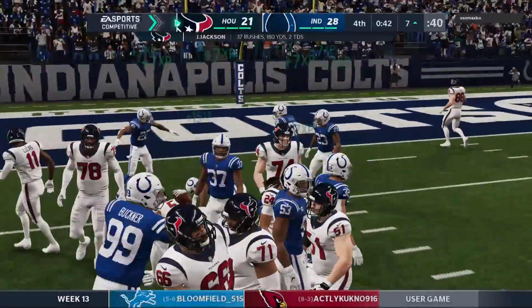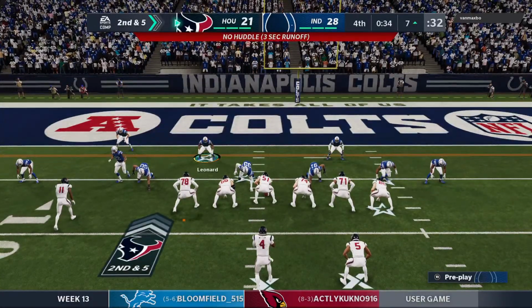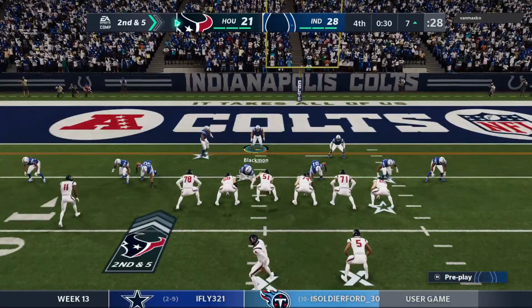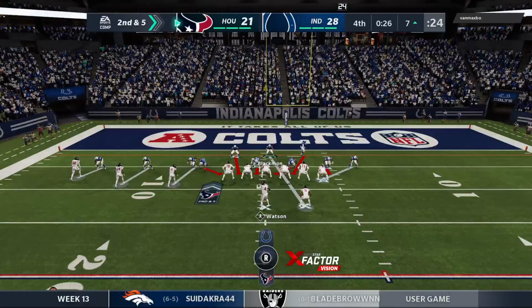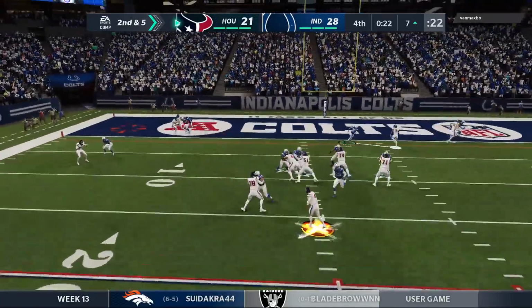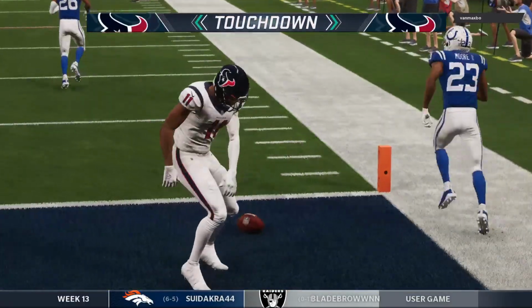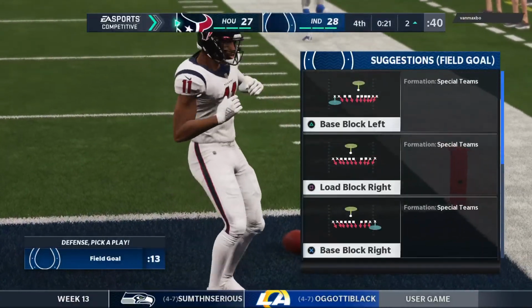And here he'll get it down to the 7. Give him 5 on the carry there, and it'll be second down. At the 7-yard line. A gain of 5 brings up 2nd and 5. Now it's Watson. And it's caught. It's a touchdown. So they rally here in the final minute, and they're an extra point away from tying this